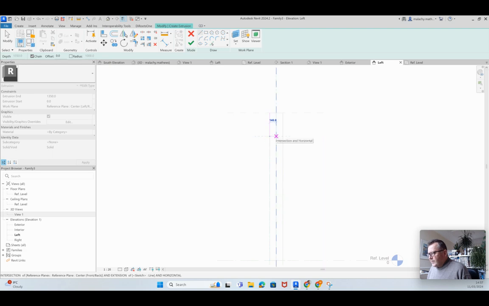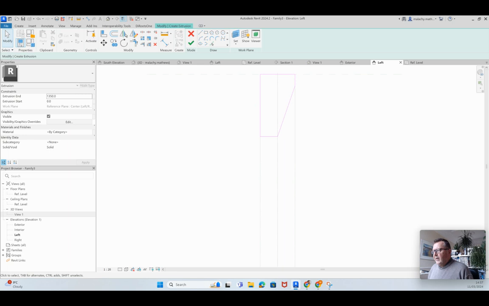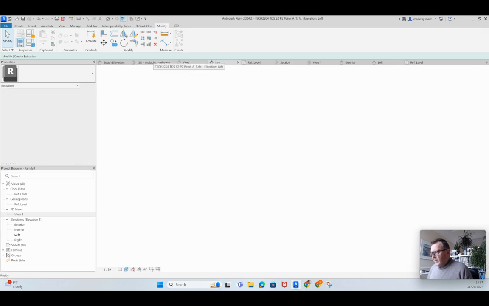So it is something like so. And it might be as far as there. No, something like that. If I go back to my original one here on the left view,